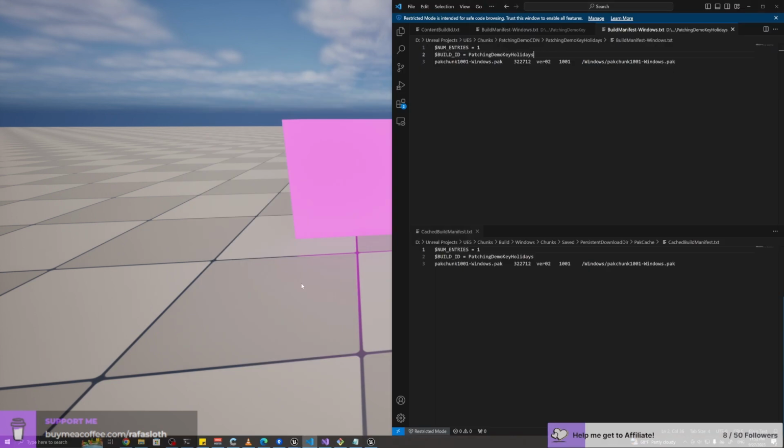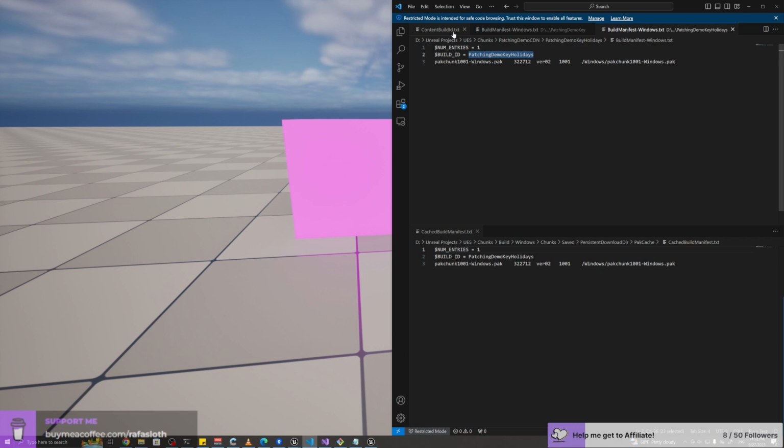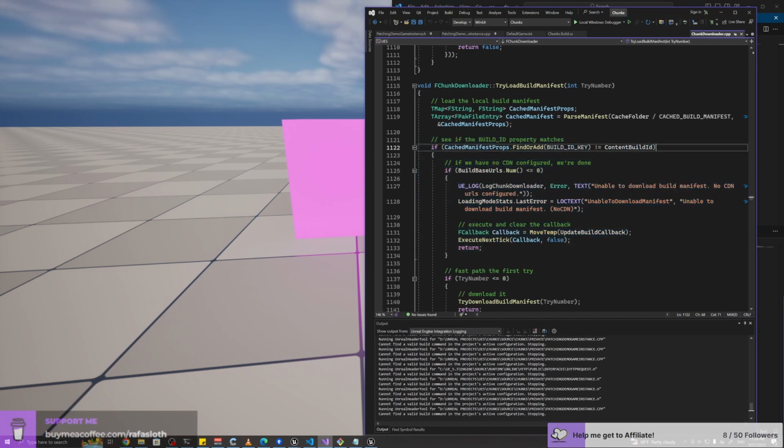Okay. So this does need to match the folder, I think. The folder name of the content build ID. Anyways, this needs to match this. Okay, because this goes to the code. Yeah, this is the exact line where that needs to match.